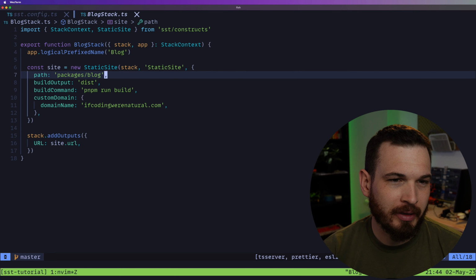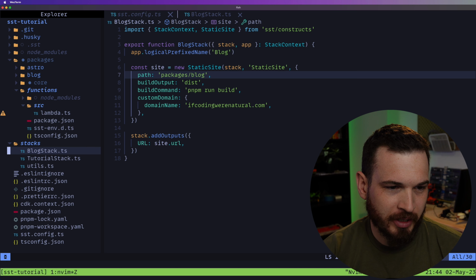If you've never worked inside AWS and you haven't done a lot with Lambdas in general, then this probably won't be that exciting to you. But if you have done extensive stuff in AWS with Lambda, then I think this is something that you're going to be really interested in. The best way that I can think of to explain what Live Lambda is, is basically instant hot reloading of your Lambda functions. So to demonstrate that, we're going to come over here to our stacks folder